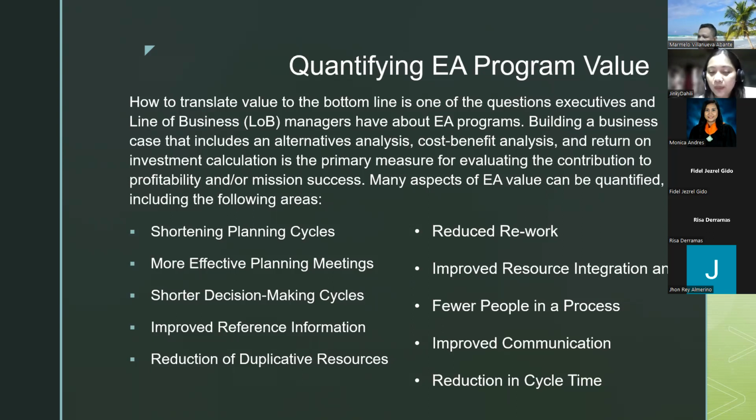Reduction of the duplicative resource. One of the greatest contributions an EA makes to an enterprise is aiding the visualization of the value that current resources provide, where those values overlap, and where performance gaps exist. For example, duplicative data represents low-hanging fruit ready for implementation through the future architecture.